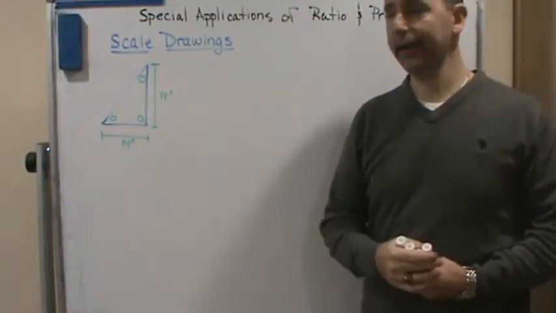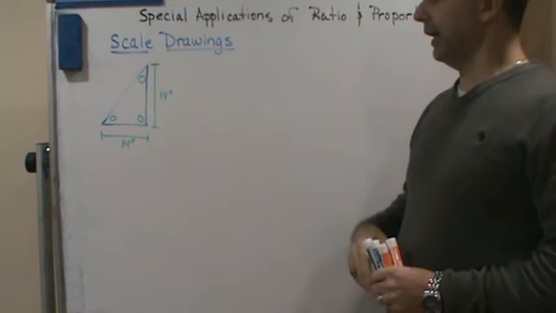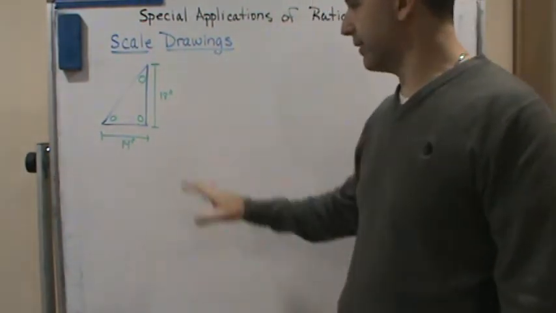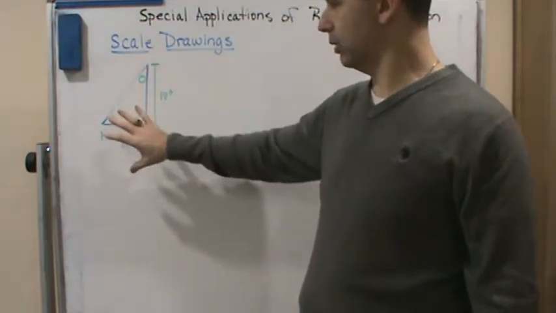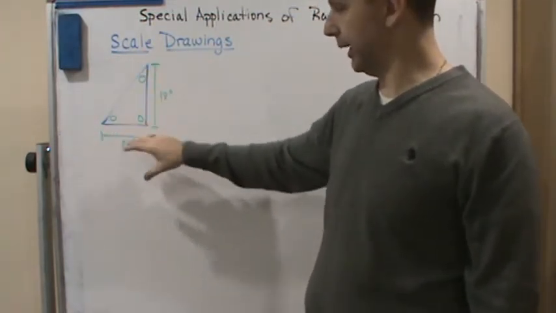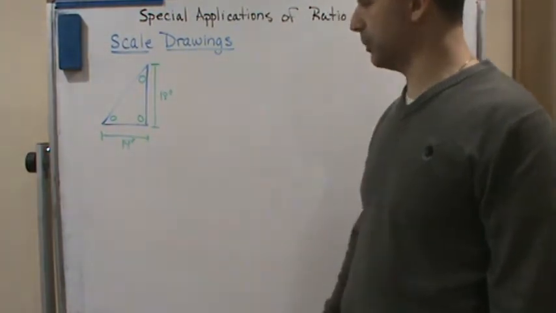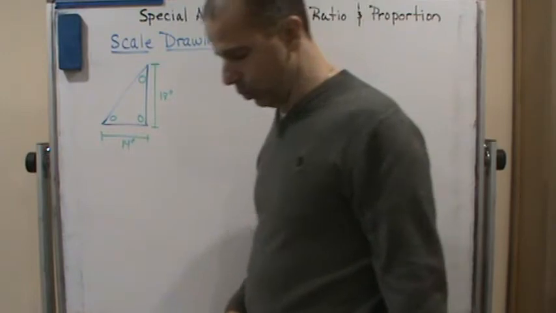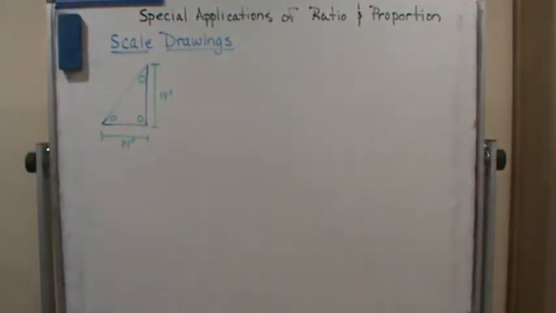Okay, so welcome back, and now we're going to do another example. In this case, we've got a triangular drawing, and we've got the dimensions. This is the actual plate, right? So it's a triangular plate, and these are the actual dimensions of the plate. And we want to find one of the lengths, if we know that the drawing, the actual draft of this triangle,